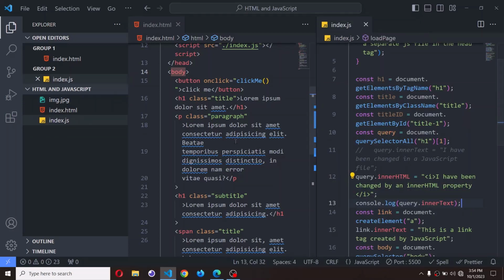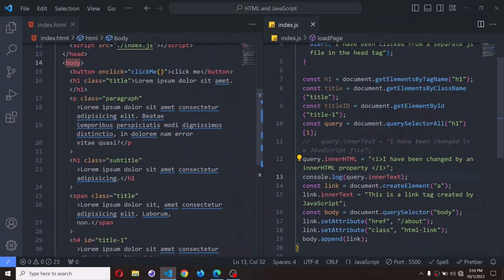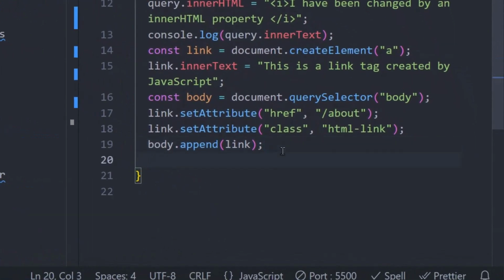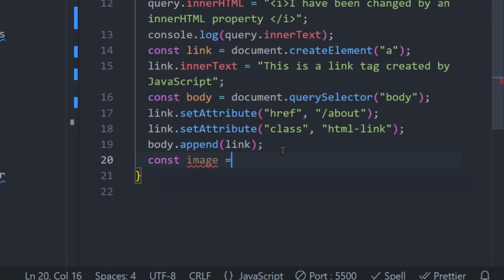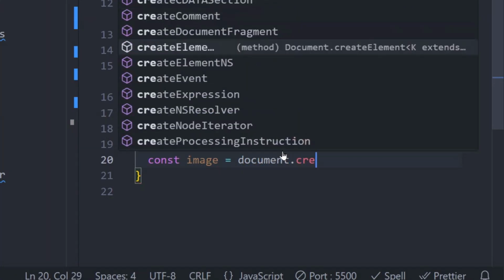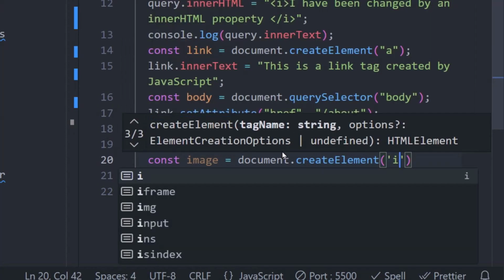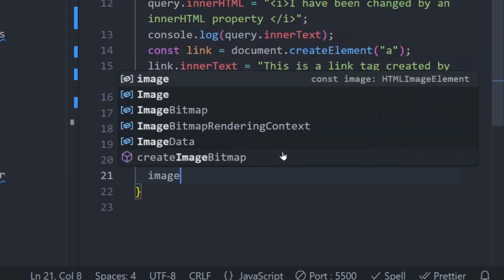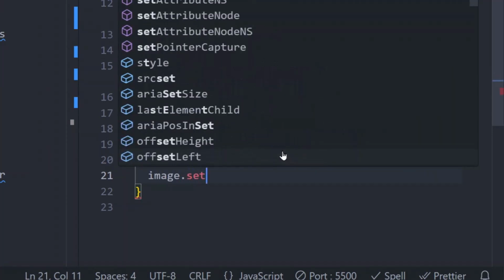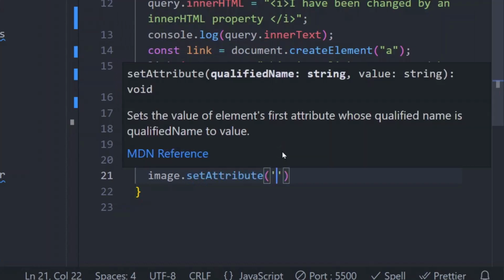So let's take a look at how we can create an image element and then give this particular image its src. So let's do just that. I'll come here and create a new variable called image, and then I'll set it to document.createElement, and in the brackets I'll create an img, like this. Now that this img has been created, I'll call the image, and then I'll setAttribute, and the first attribute that I'm going to set will be alt, and the value for this alt will be